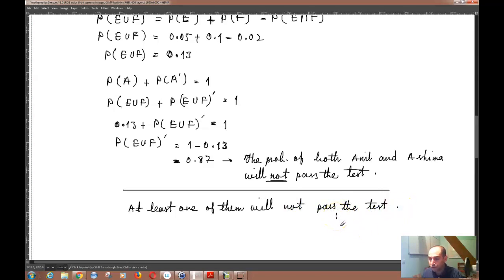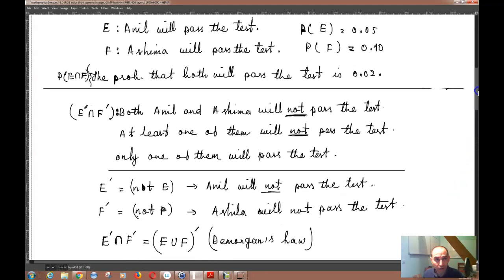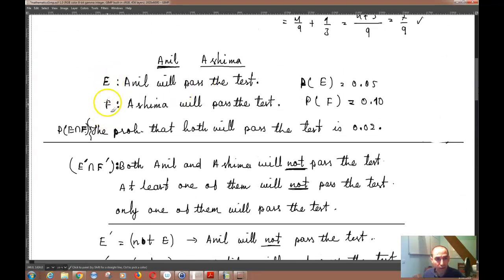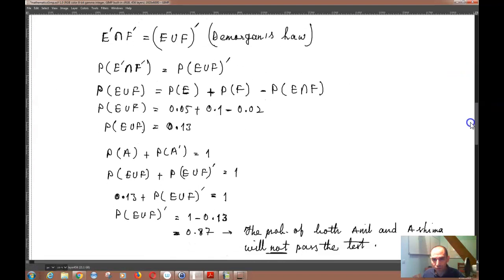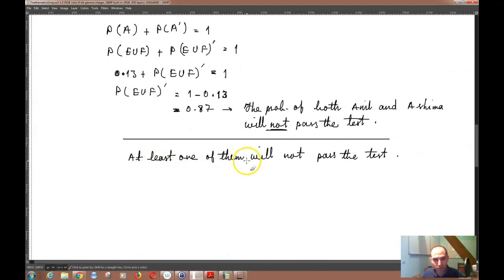If at least one of them will not pass the test, now you need to somehow write this event in terms of the two events that we have up here, which are E and F. E is Anil will pass the test, and F is Ashima will pass the test. And then over here we have: at least one of them will not pass the test, meaning that